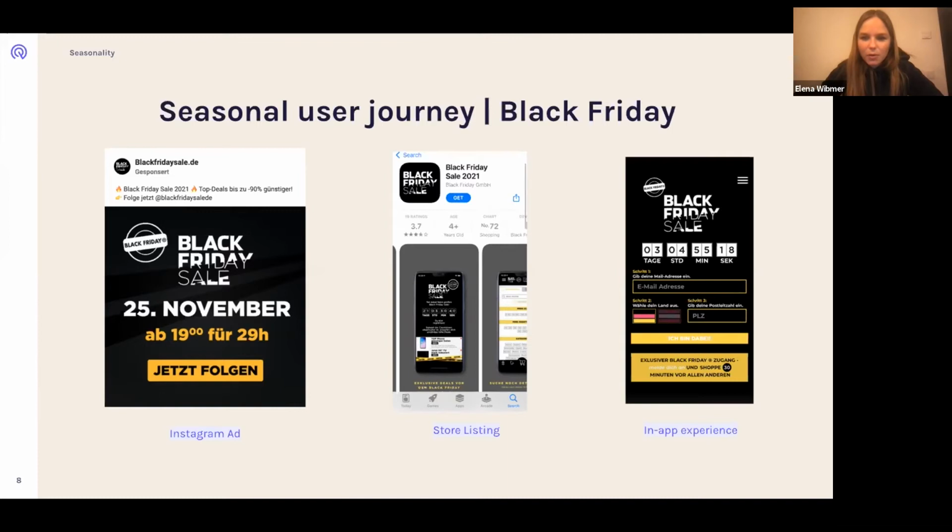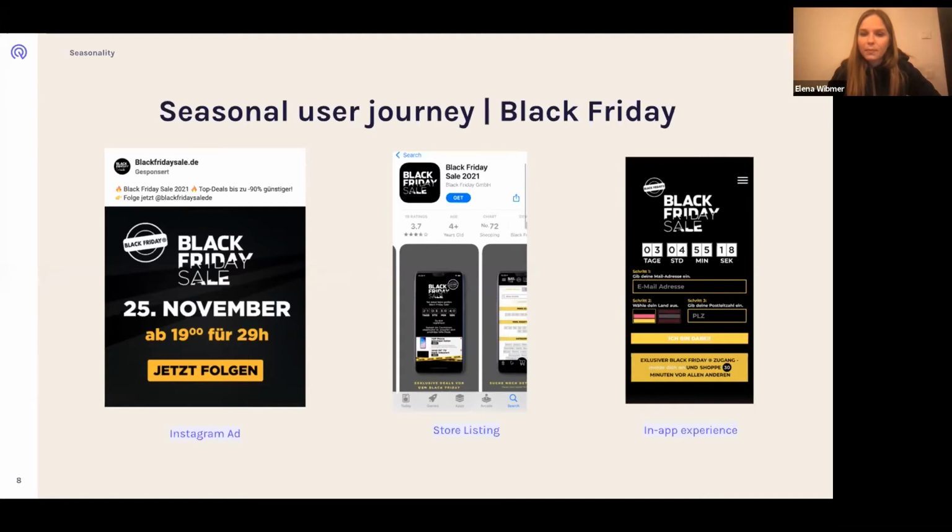And here we have the flow where the user comes, for example, from an Instagram ad, where they already have everything around the Black Friday sale, really in that style. Then the user comes from that ad, from the external ad outside of the store, no matter if, in that case, it's an Instagram ad, or a TikTok ad, Snapchat, whatever.